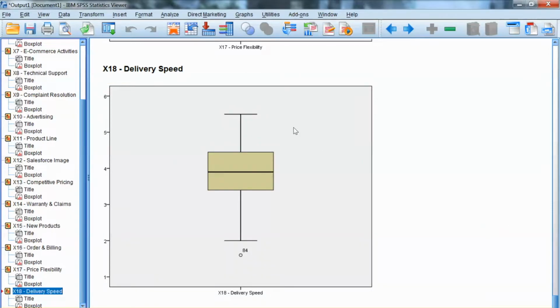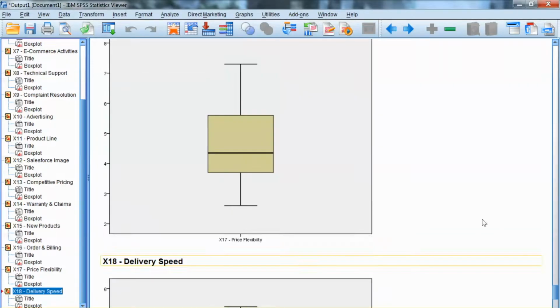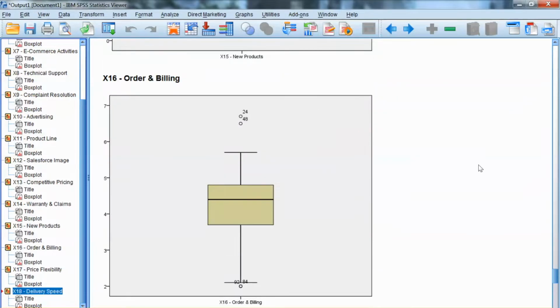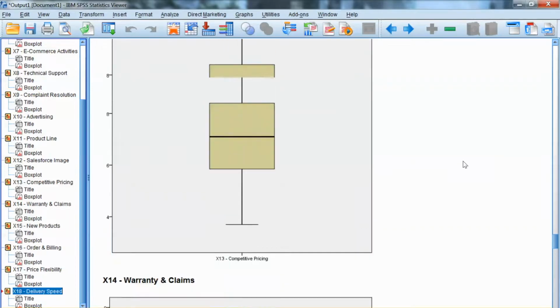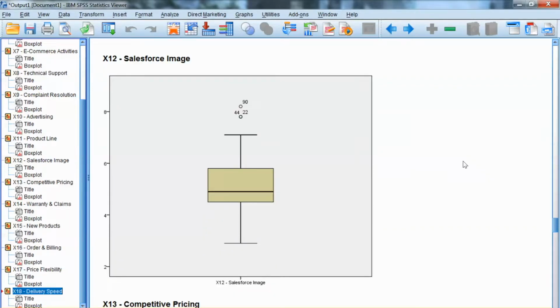However, it could be problematic if we have a high number of variables, since we'll have to examine a lot of graphs. Note that the box plot only gives us univariate detection, which helps identify outliers for each variable separately. In multivariate analysis, we have to deal with multiple variables, and it's necessary to use multivariate detection to identify outliers across all variables. A typical multivariate detection method is Mahalanobis D-square. This method works well for multiple variables.